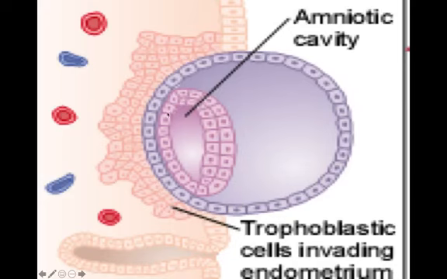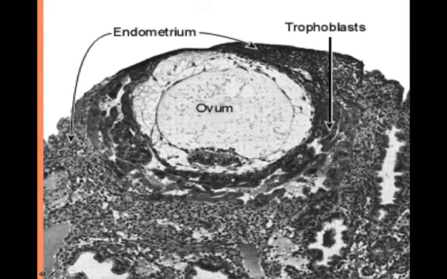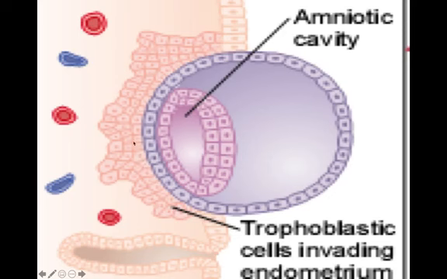As you can see, these are the adjacent cells of the blastocyst. These are the trophoblastic cells which are invaginating in the endometrium. Now they form a cord-like structure which will eventually form the umbilical cord, and in these cord-like structures of the trophoblastic cells, some blood vessel cells start proliferating and developing. They eventually will form the umbilical arteries and the umbilical vein.